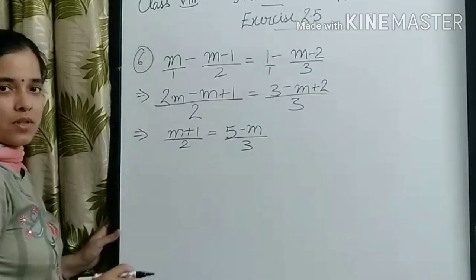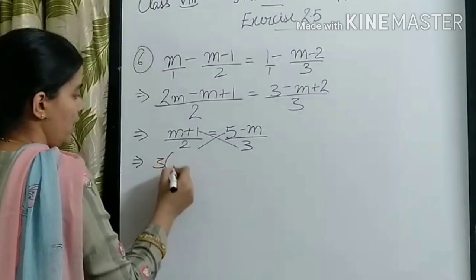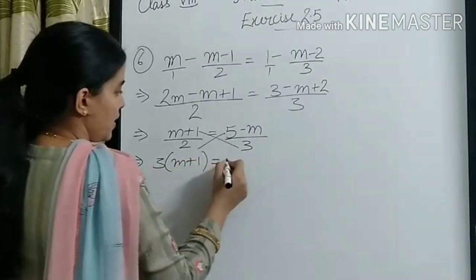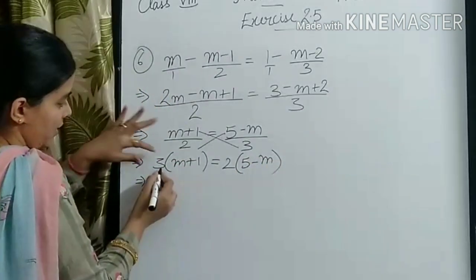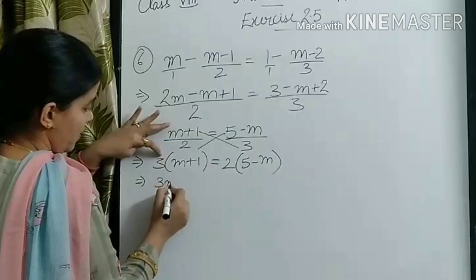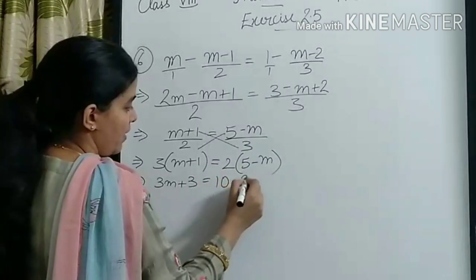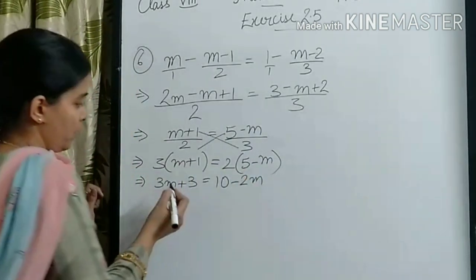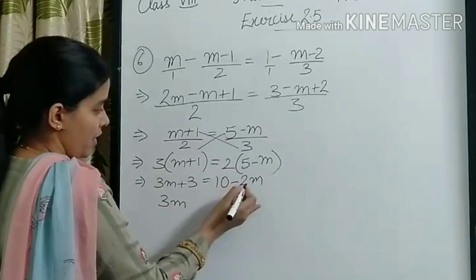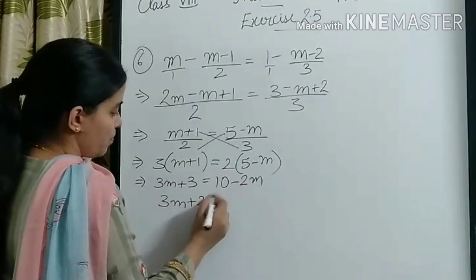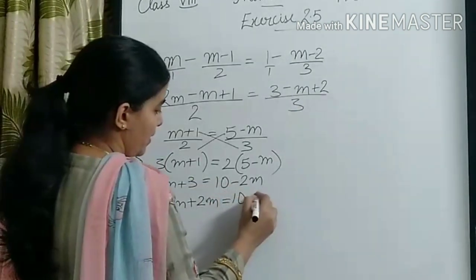Now single term on both the sides, so cross multiplication. So it is 3m plus 1 is equal to 2, 5 minus m. Open up the bracket, multiply this with 3, 3m plus 3 times 1, 3, 2 5s are 10 minus 2m. Now just take this 2m on this side and 3 will go there. So it is 3m, because it was minus here, it will become plus here, plus 2m is equal to 3 will go there, 10 minus 3.